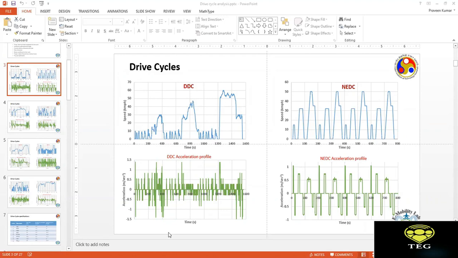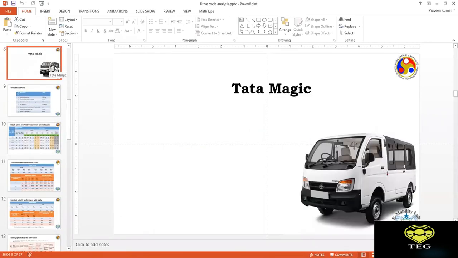I think we are coming towards the end of the session. So I would now close today's session, and in the next session, which would be next week, we will be discussing how we can design a drivetrain. We will take the example of Tata Magic and use the drive cycle analysis that we have seen to come up with the design or sizing of the prime mover. Here the prime mover that we would be sizing would be an electric motor. That's what we will discuss in the upcoming session next week.